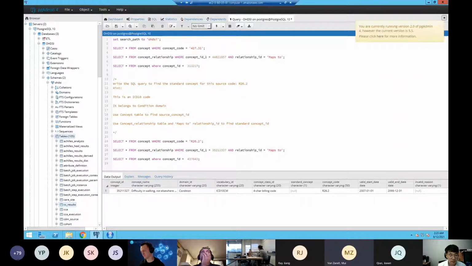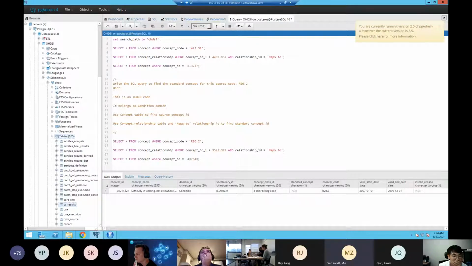So that first query really just gets you that concept ID so that you can put it in that second query. And what's the purpose of the second query? The second query is what we call the relationship table. That's a table that gets us basically all the relationships tied to any two concepts. It's very vague. It's concept 1 versus concept 2 and the relationship, right? In our case, we're trying to figure out what the standard is, and that's why we use the relationship ID